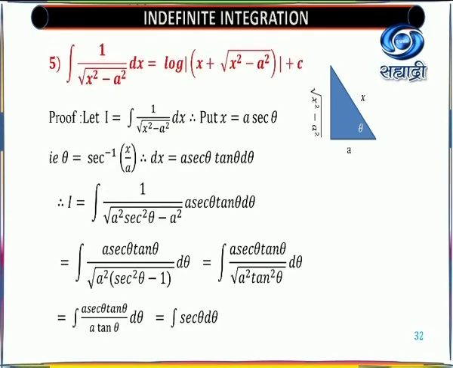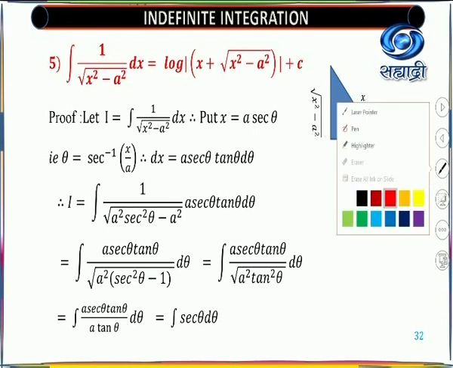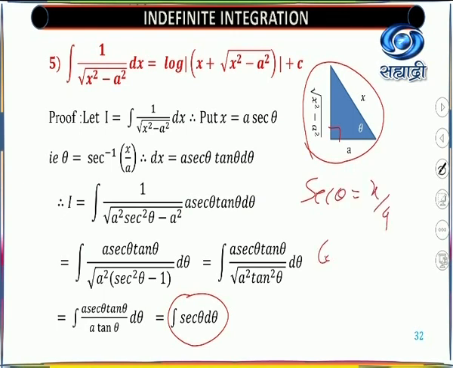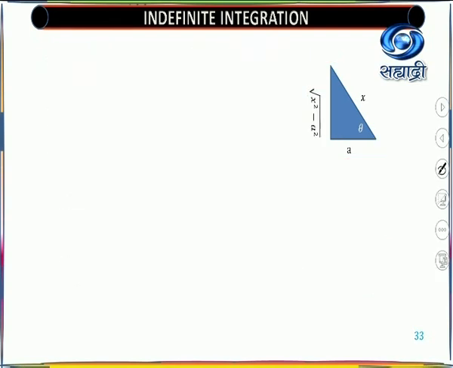Now, whatever the integration you know, directly you are using the formula here. So, what is the formula here? That formula you are able to use. But we'll find the values from our right angle triangle also. From that also you are able to solve this. The right angle triangle, I have already explained in that lecture also: sec theta is equal to x upon a, means cos theta equal to a by x. This we are using now. So once you know this by the right angle triangle, the third value is root of x square minus a square by using Pythagoras theorem.